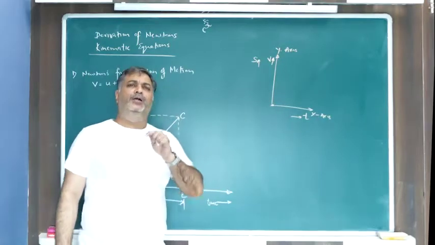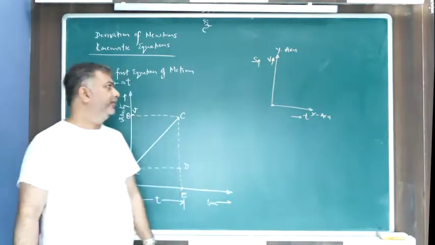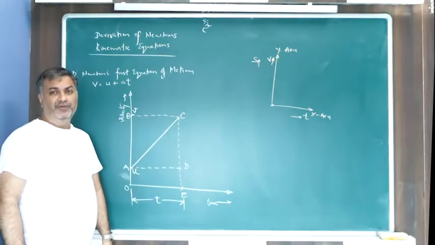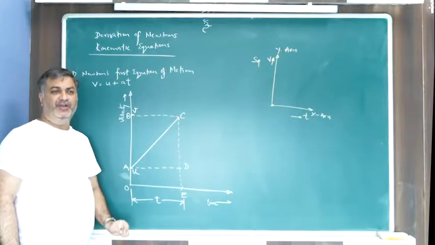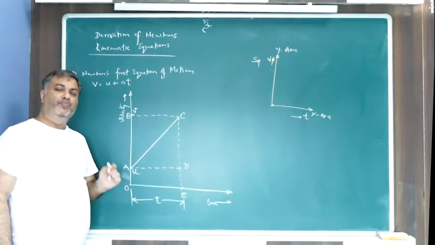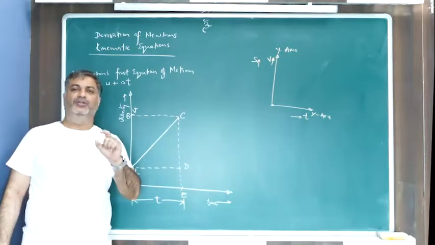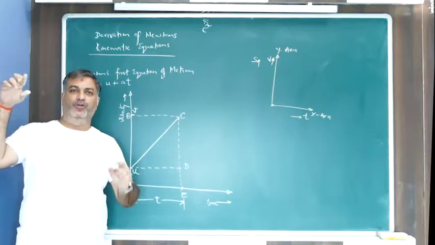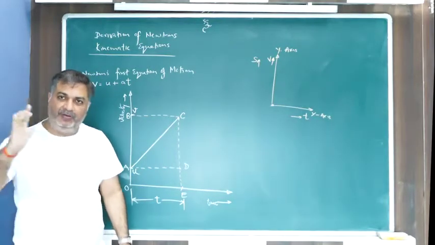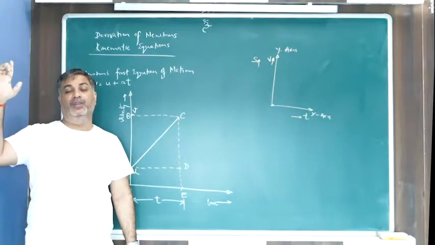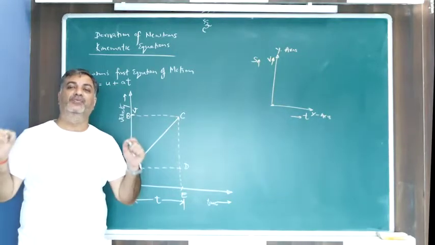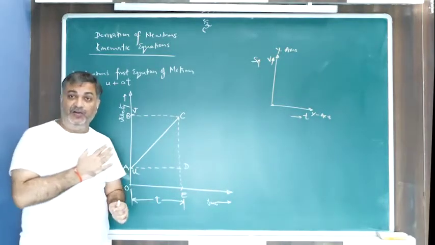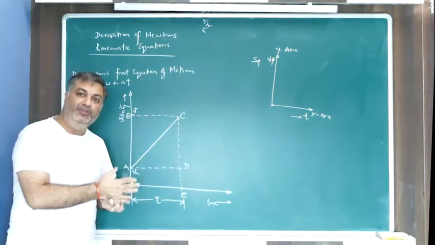Now, the important thing about a velocity-time graph is that if you want to find the displacement of any body, you simply have to start from the starting point and go to the ending point of the motion. Whatever area is swept by the body during that time will give you the displacement. So what gives you the displacement on a velocity-time graph? The area covered by the body from the beginning to the end of the motion.